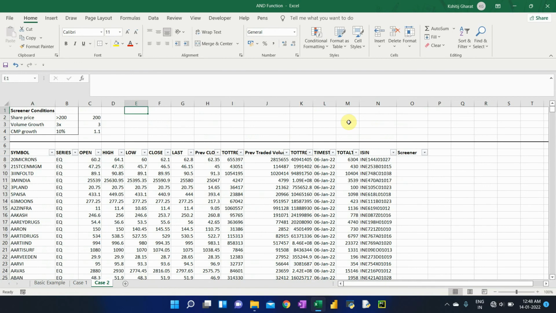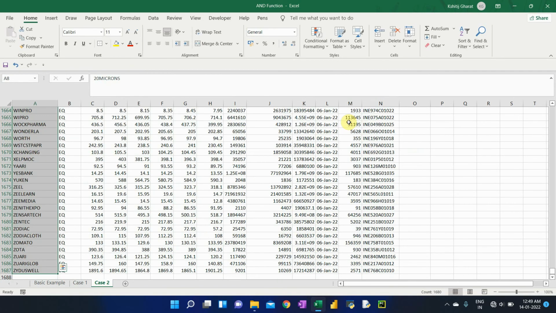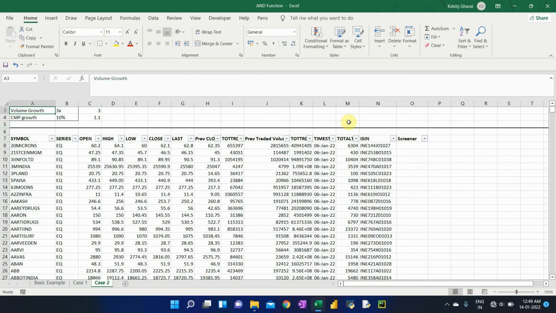Now let's take another practical example from finance perspective. So let's say you are looking to invest into stock market and you decide to have a look at stocks that are listed on National Stock Exchange. So the total number of stocks are 1680. Now naturally you cannot go and study each and every stock.